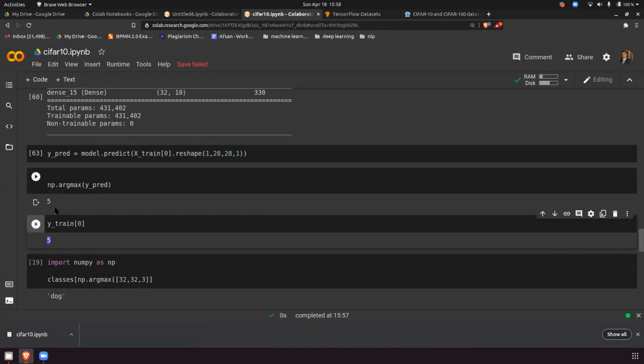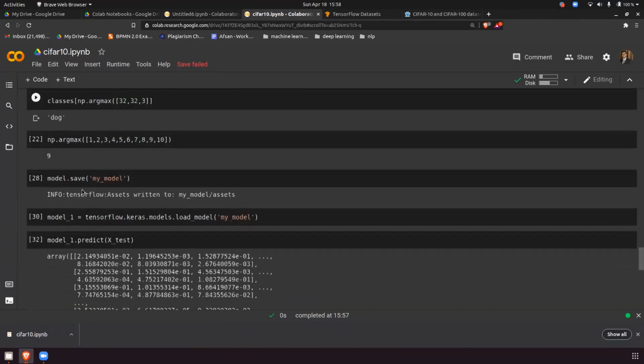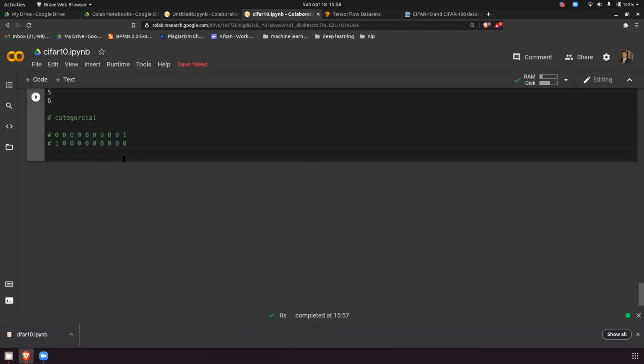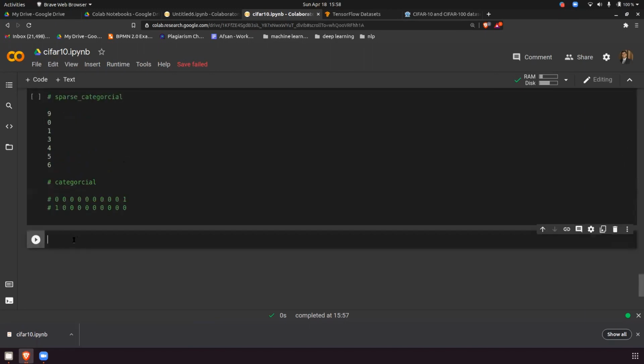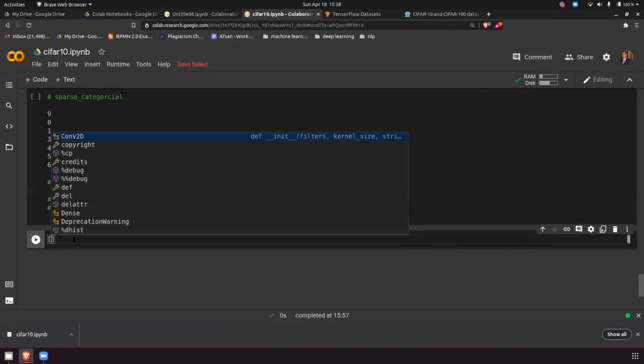Can you please explain this argmax once? Okay. Suppose, how many output nodes do you have at the end? 10, right?